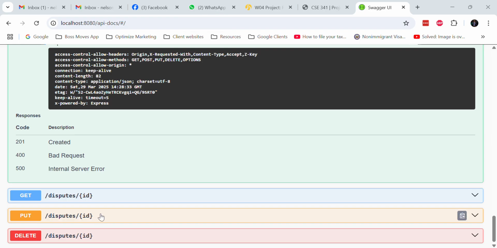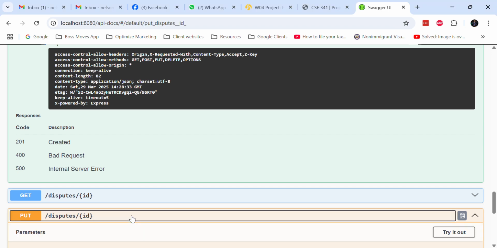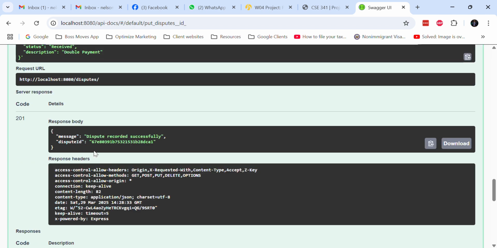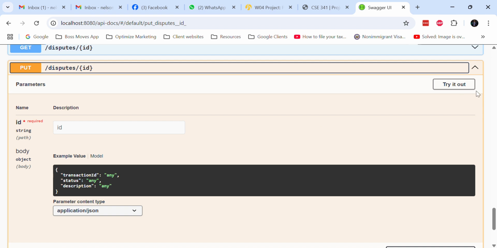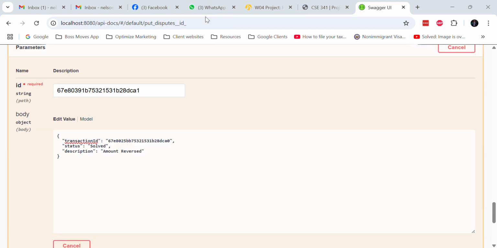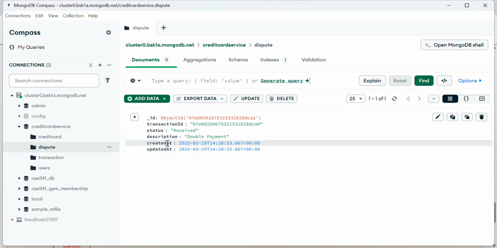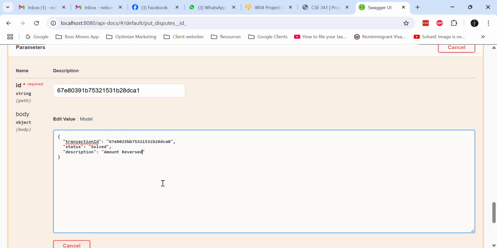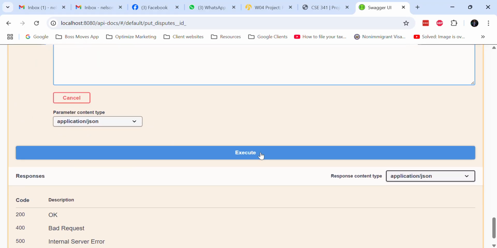Now I want to edit or to update the given dispute. So maybe here it was received. Now I want it to be solved. Okay, so we are going to update that. Okay, so this is what we want to update it to. As you can see here under our dispute, this is what we have: status received. We want to update that, and then description also we want to update. So we have our data here. We can just execute,